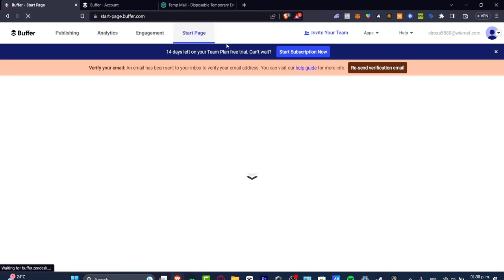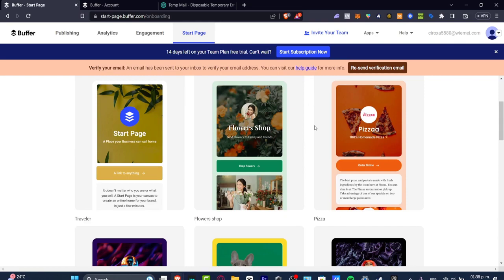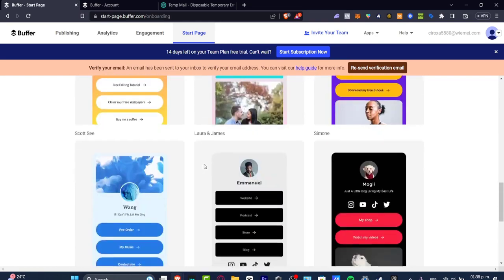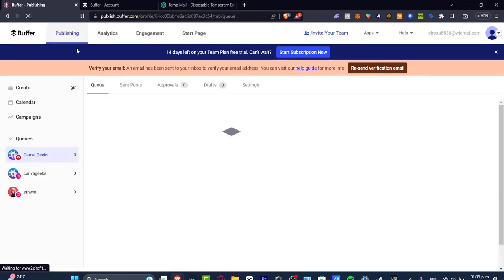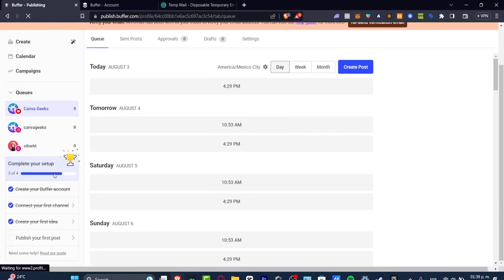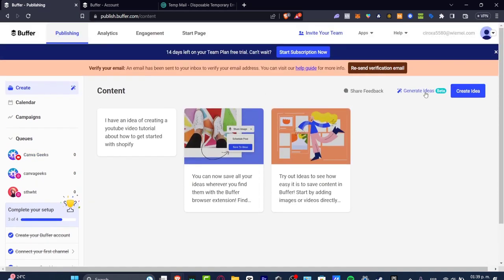And lastly, you have the start page. The start page is going to help your customers see what you're actually offering, and you can import whatever elements you're seeing in here into your LinkedIn bio. And just like that, this is how you can take advantage of all the features that Buffer has to offer to you. So creating something inside Buffer is going to be truly helpful to get started,